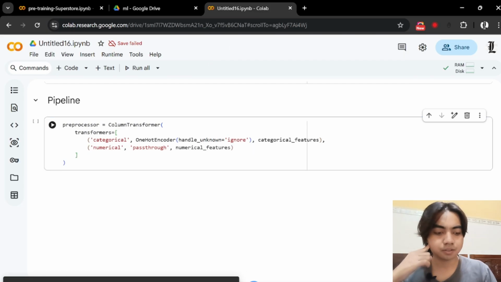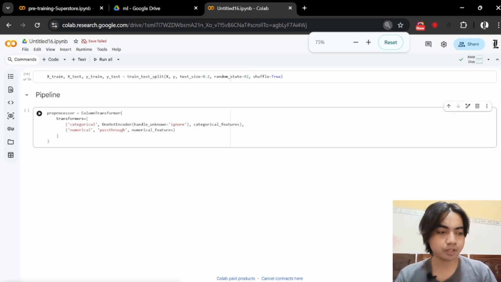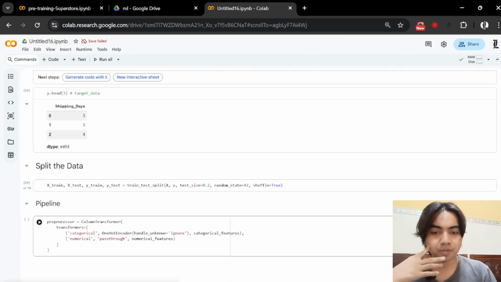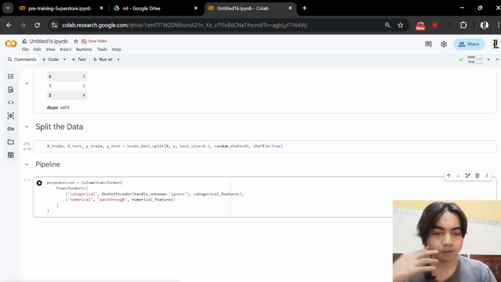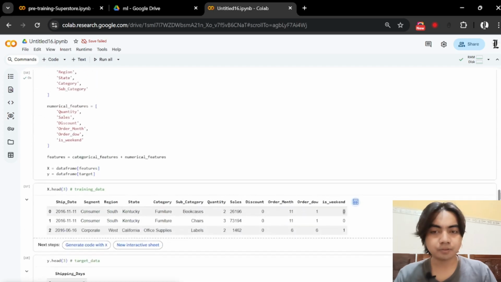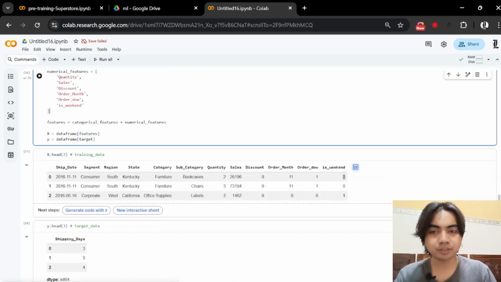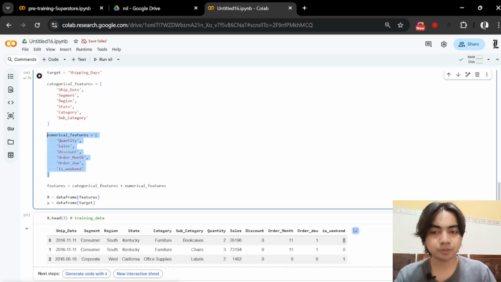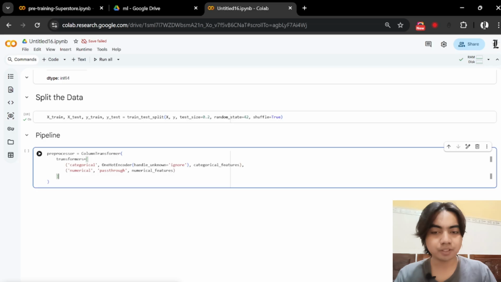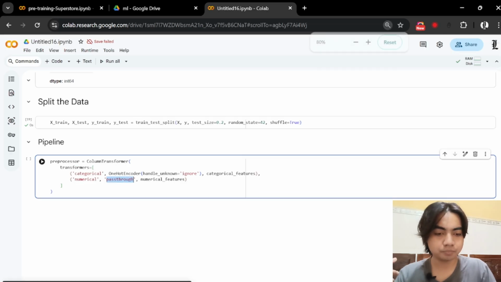Okay, so if you don't understand what's going on here, I would like to change every categorical feature's data into a one hot encoder. The features are coming from here, so all of these features are going to be one hot encoder data, while the numerical features like this one, I'm not going to do anything with, so I'm just using a passthrough right here. Okay,